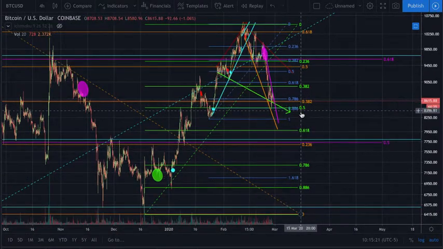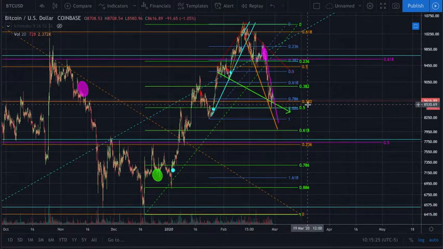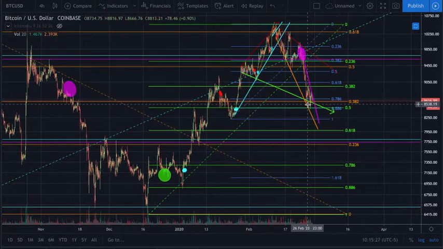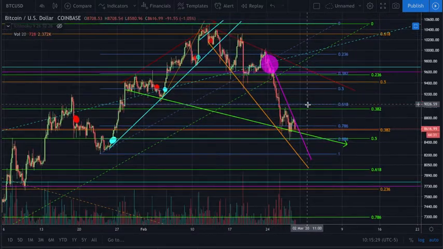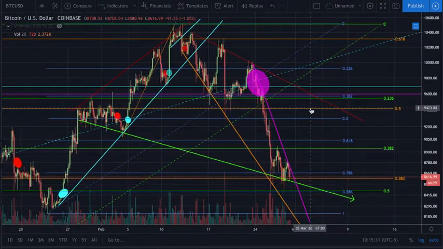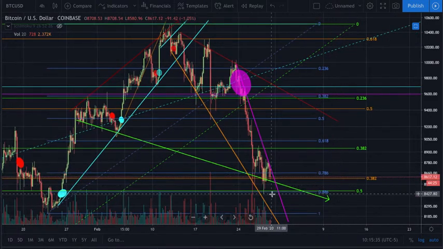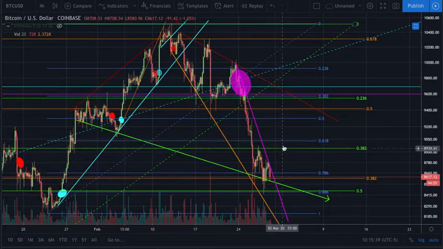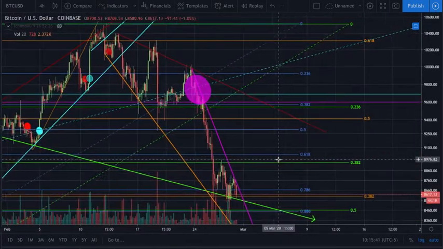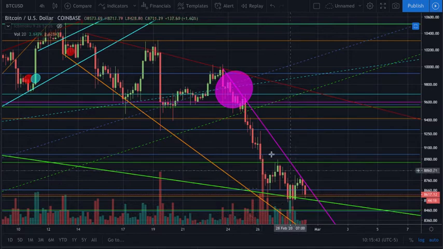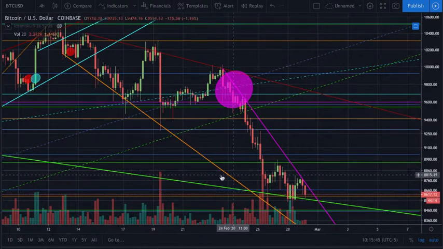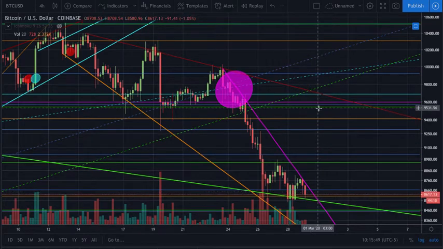we have the green and the orange both represent just whether or not it's affected by log scale. Although I am looking at a log scale chart, I just like to see both potential views at the same time. So we're basically at that 0.5 and 0.382 area right here. We could potentially get that move back up, but what it looks like now is if we do break out of this pattern right here that we're forming,